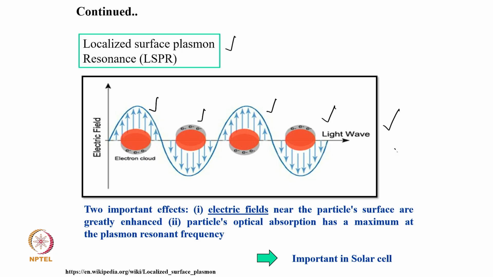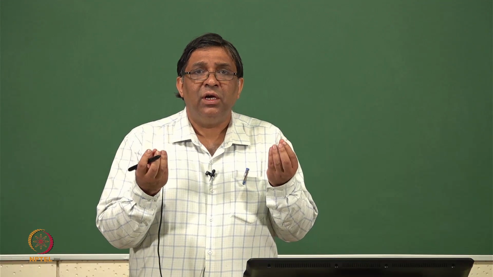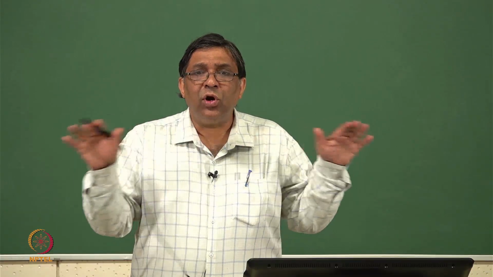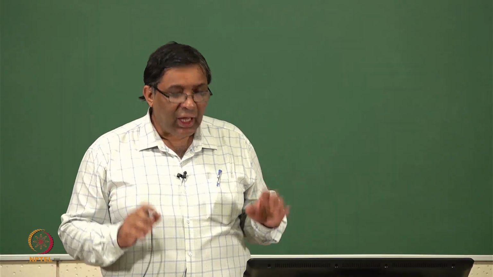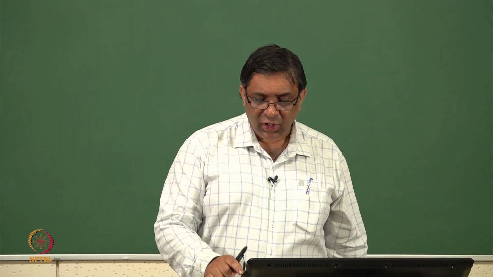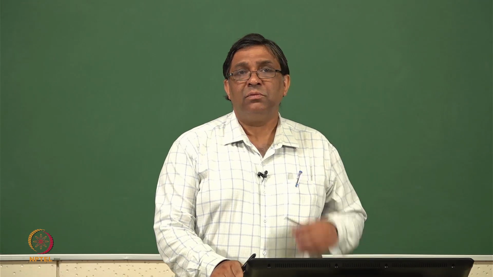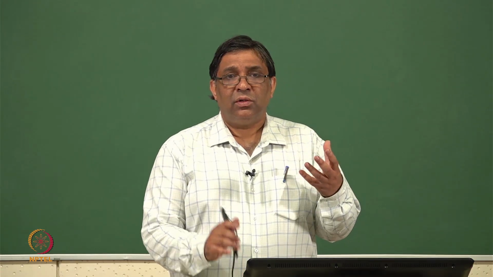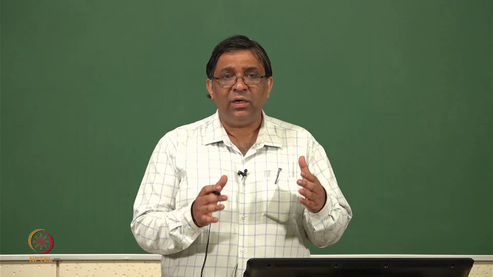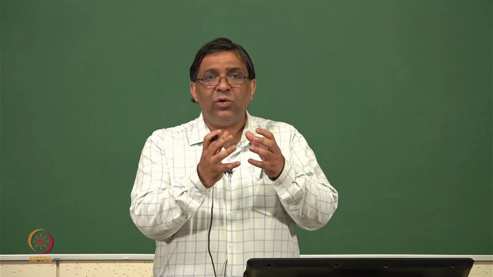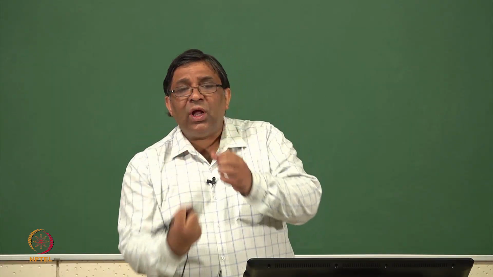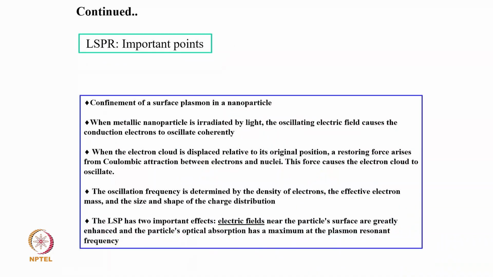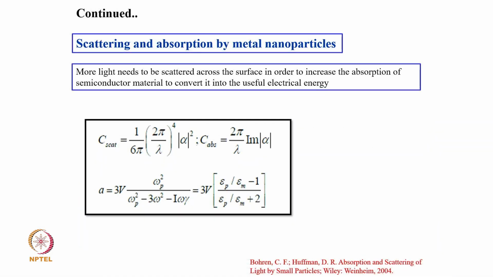small metal nanoparticle. That is the reason I mentioned that when you use a thin film, you do not do any texturing; you put some metallic nanoparticles, and then you can have a localized surface plasmon resonance to trap light in a very efficient manner, because whenever you have a localized plasmon resonance, more light gets absorbed inside the silicon wafer or in the thin silicon solar cell.